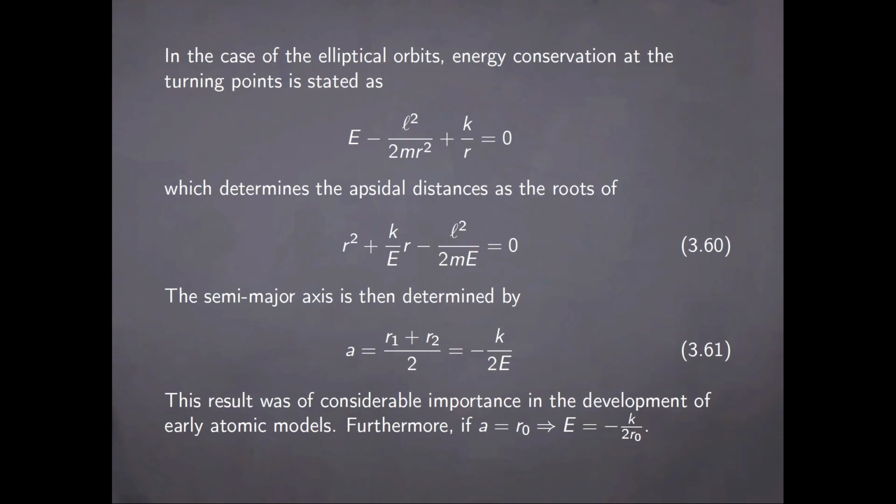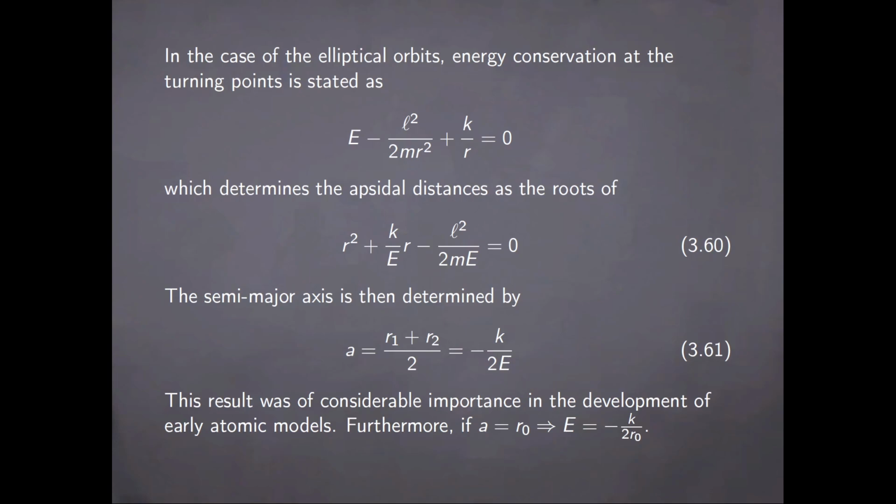So this will determine the apsidal distances as the roots of the quadratic form here, and then the semi-major axis is automatically determined by this expression. So it's simply minus k divided by 2